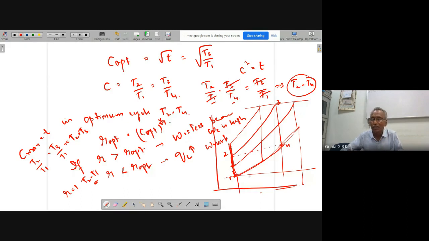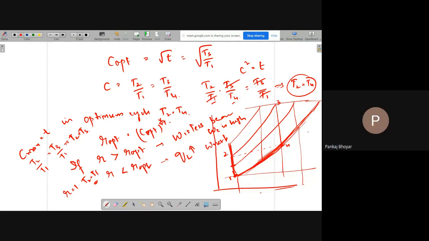Compression pressure ratio is 1, that is T1 is T2. So it becomes like this. It goes like this, comes back like this, goes like this, comes back like that. Is it clear? Network is 0. There will be heat addition, heat rejection, no compression and no expansion. Am I clear about this cycle?